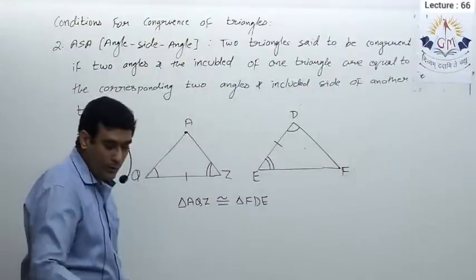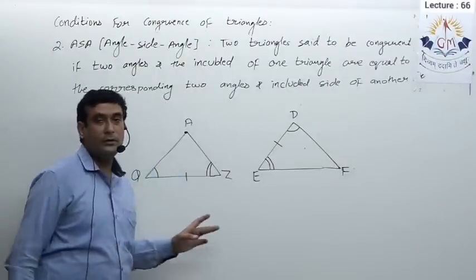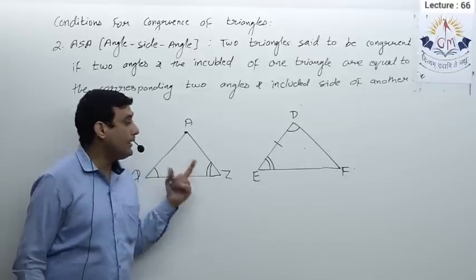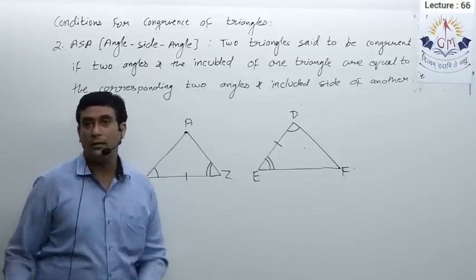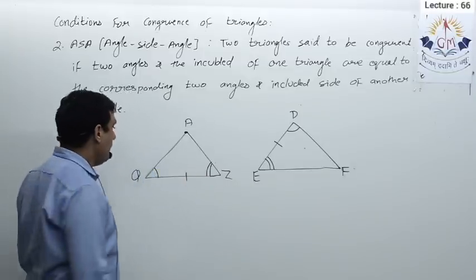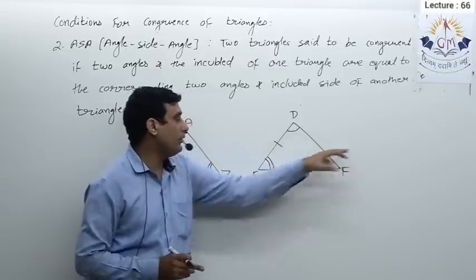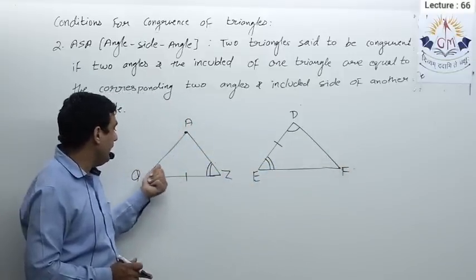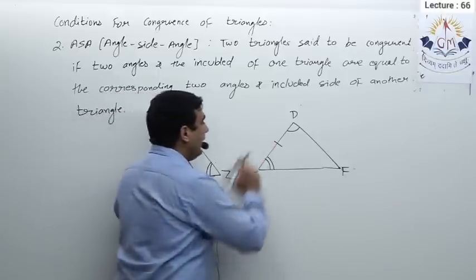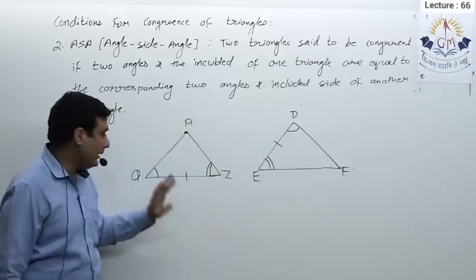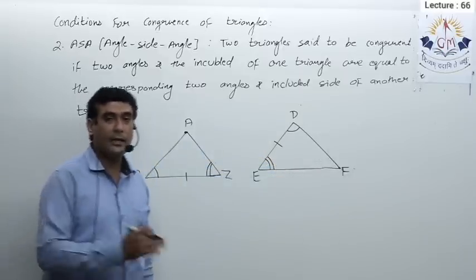Now suppose you do not have this correct order, or I say that without using the correct order, give me the information about which remaining angles and which remaining sides of these two triangles will be equal to each other. For that, first of all we check whether the triangles are congruent or not. With the help of the given information we can say the triangles are congruent by angle side angle, because two angles and the included side of one triangle are equal to the corresponding two angles and the included side of another triangle. The triangles are congruent.